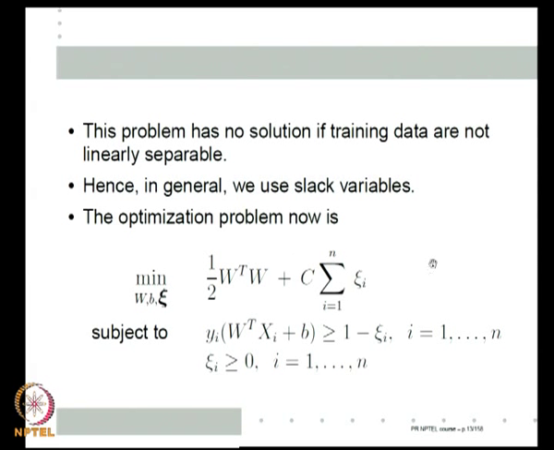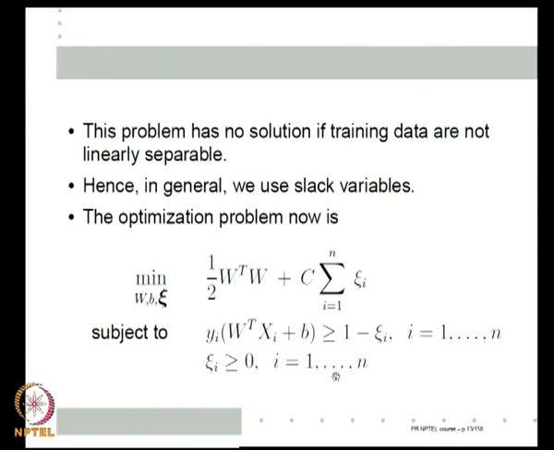As we discussed last time, essentially this optimization problem will always have a solution. If I take C larger and larger, it essentially means that I am preferring only separable hyperplanes. We will not tolerate even a little bit of violation of constraint. If C is small, I am allowing violation of constraint to improve margin. Okay. Unfortunately, there is no simple way to say how C affects this. We will discuss this a little while later, but right now we will simply say that remember that C is a user defined constant, and using the slack variables allows us to ensure that even if the data is not linearly separable, this optimization problem will always have a solution.